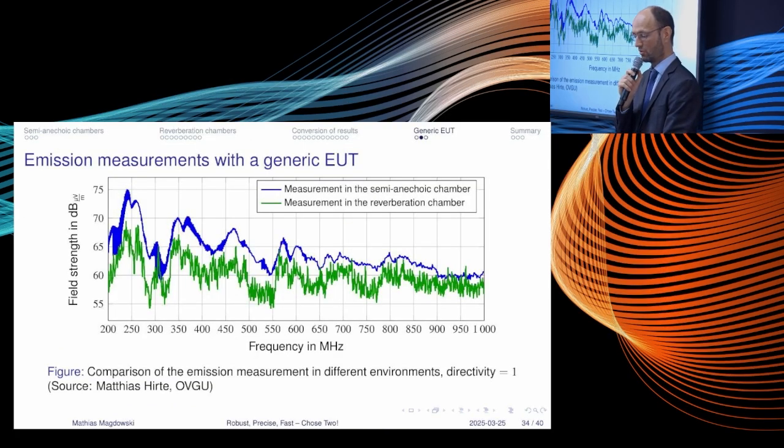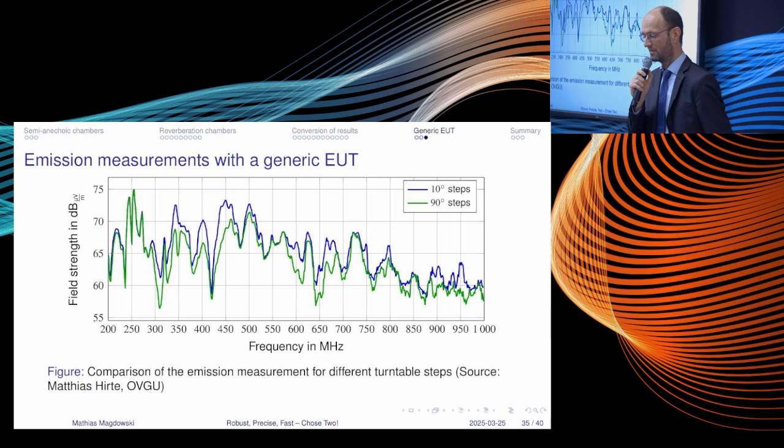And the conversion here has been done with, of course, a wrong directivity, but with an assumed directivity of 1. So the difference between the 2 curves is more or less due to the directivity of the object. And I think this semi-anechoic measurement has just been done with 10 degree steps or so. We can see there is some difference between the two curves. It's not really growing with frequency because very probably at high frequencies we are not really capturing the maximum anymore. And this can also be seen here.